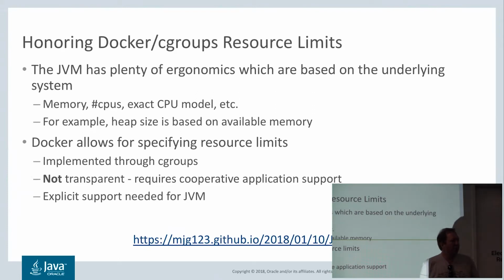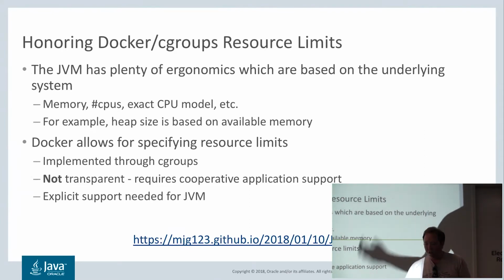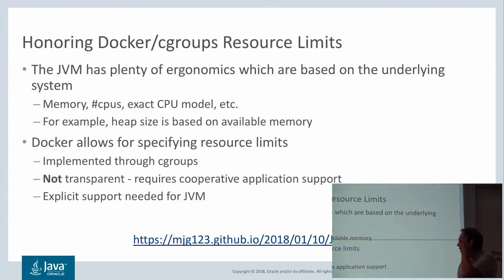Being a Java runtime, we're really good at adapting to wherever we start up. So we'll start digging around to see how many CPUs we have, how much memory, and we'll just adapt, make use of what we can, and all of that. That works well as long as we get the right numbers. If the operating system lies to us, that's not going to work so well. And that turns out to be the case with Docker.